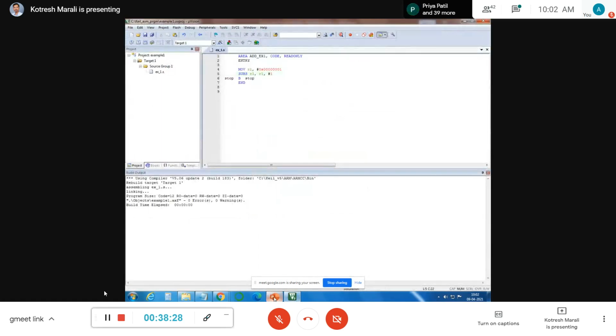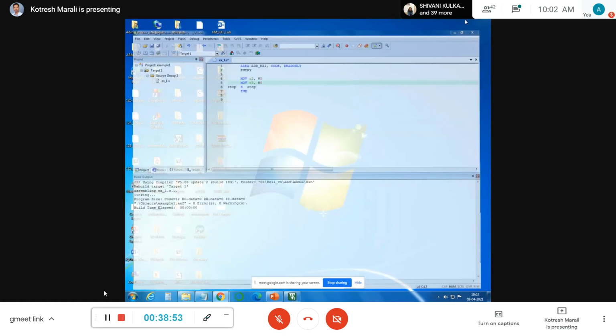We can perform this. I'll just take R2 equal to 5. So next, move R3, comma, immediate value 8. We have chosen 8, right?